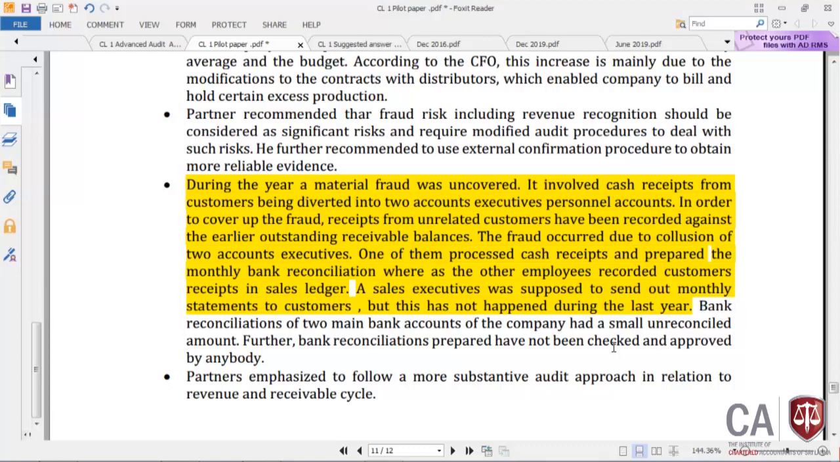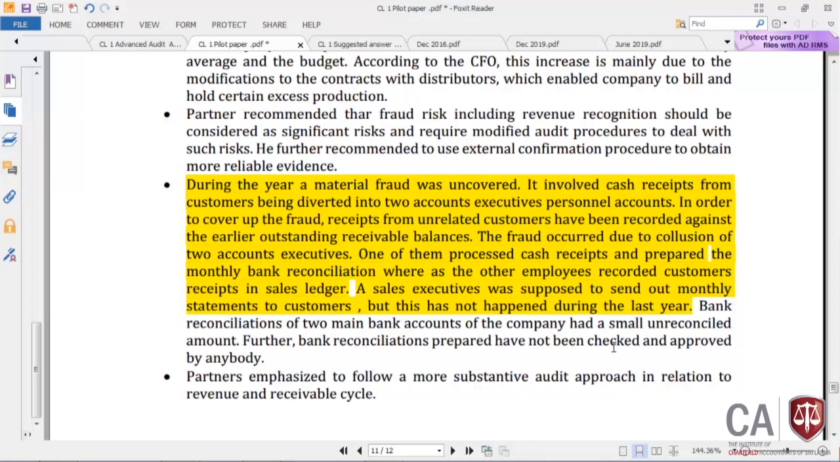But if it is not sent, there is something wrong with the account executive as well as something wrong in the setup or our process. That means we have not put in a monitoring mechanism to ensure whether the customer statements have been posted for all the customers. So again, there is a problem here. Monitoring of the progress of sending statements has not been in place. So that's the second